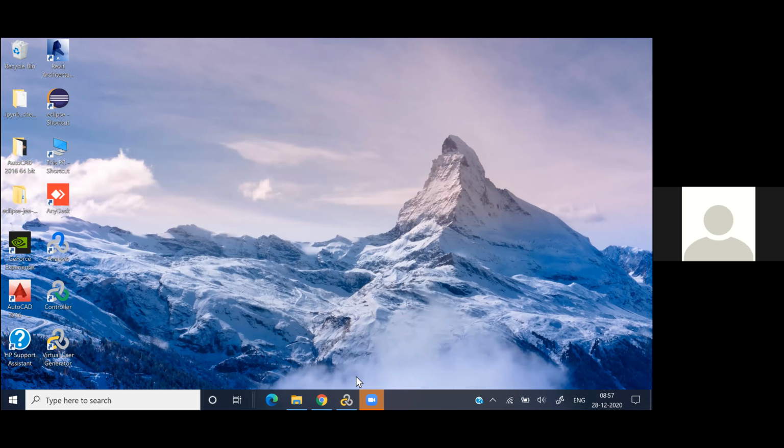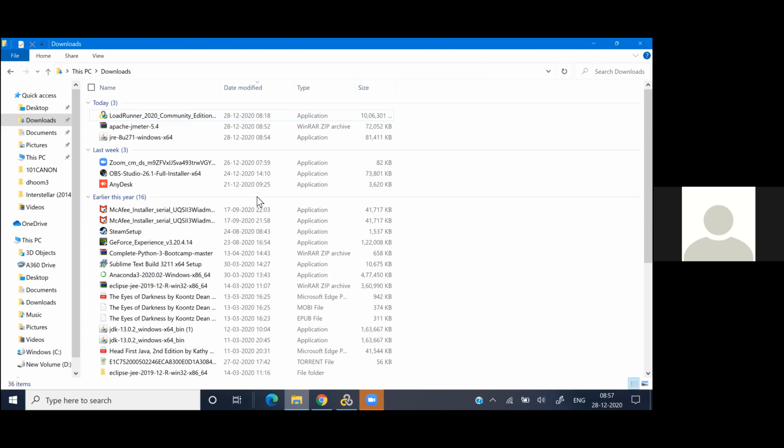Now once we install Java, let's set up JMeter as well. This is a zip file, so first let's extract this.